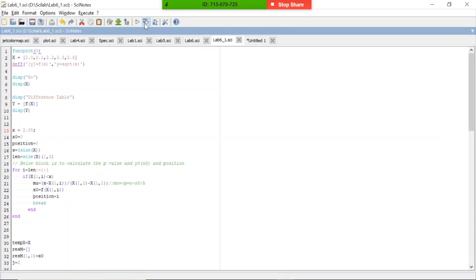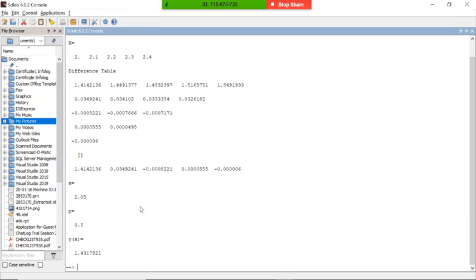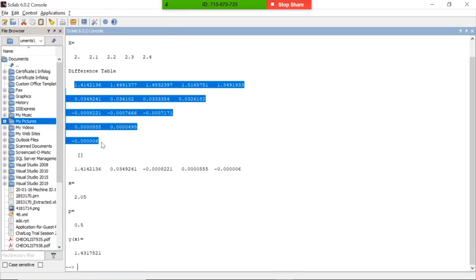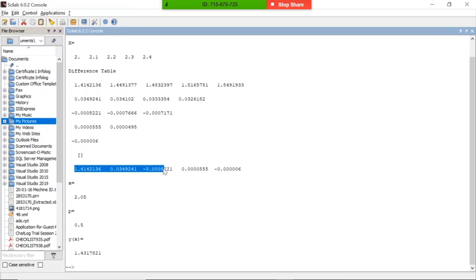So I will run this one. You can check out the x. This is our x. The x values are 2.0, 2.1, 2.2, 2.3, 2.4, and our difference table is this one. Our resultant matrix is this one, because position is 1, you can check that all the first position values came into the resultant matrix, and our determinant value is this one.